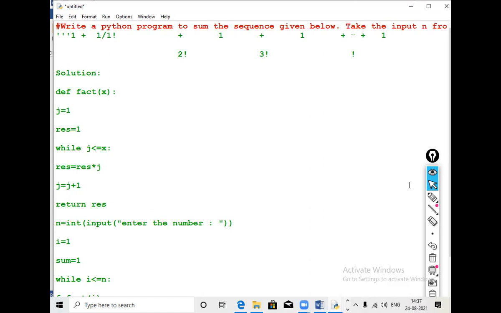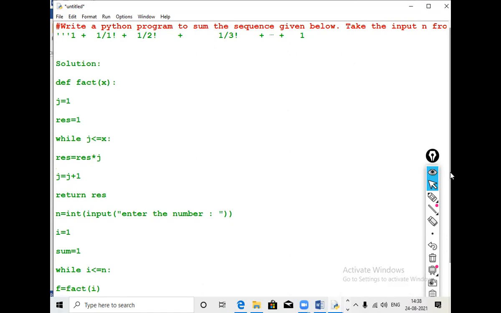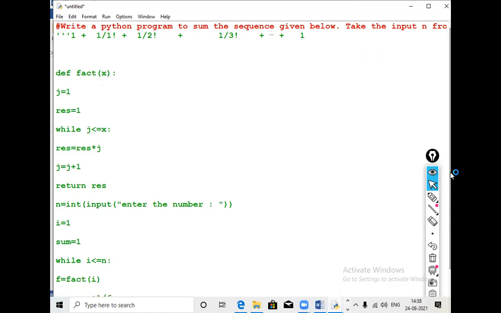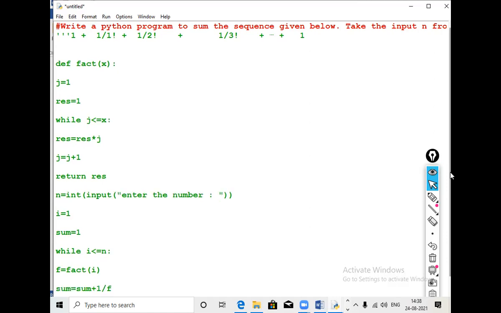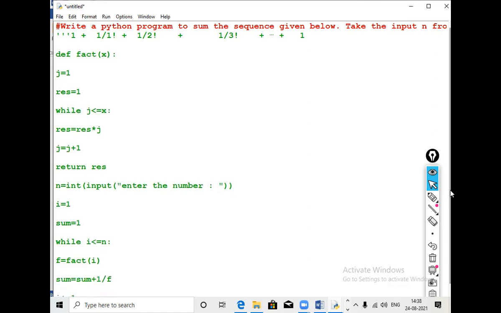Factorial 1. Factorial 2. Factorial 3. This is the thing. Now how to solve it? Sum of fact.